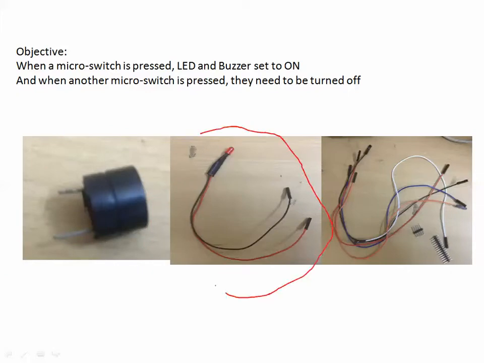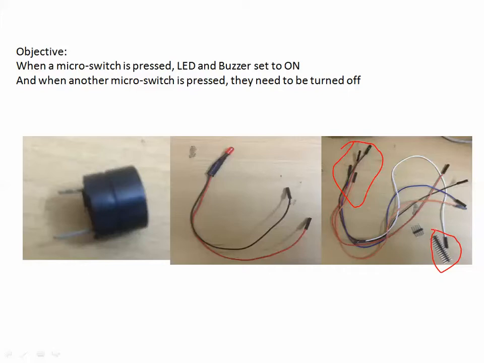Like I told you yesterday, it will have the same convention. The red one is for positive and the black one is for ground. And we will have some Berg wires, Berg strip and single core wires. These are single core wires which you can connect one part of to the buzzer and the black wire to the ground. And we can use this Berg strip to connect to the Arduino board. So this is the main objective of what we are trying to do.